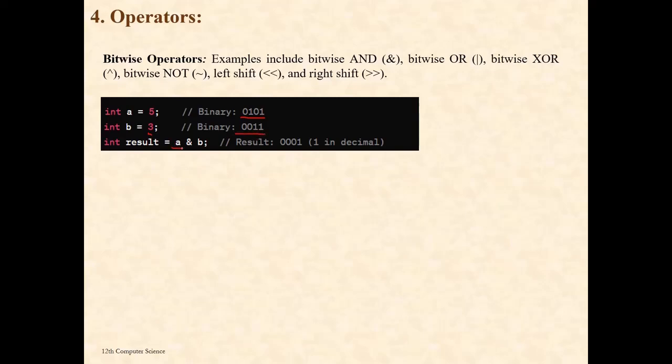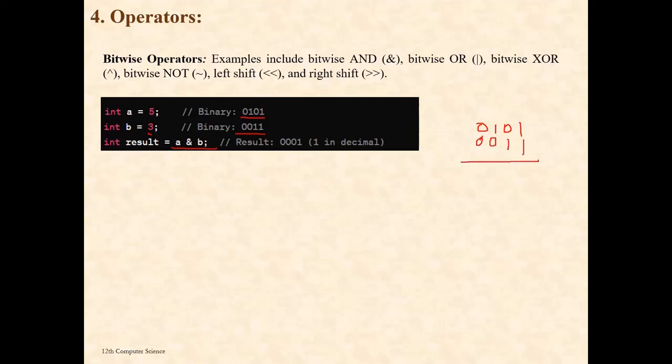Now it will perform the ANDing operation bit by bit, where A is 0101 and B is 0011.